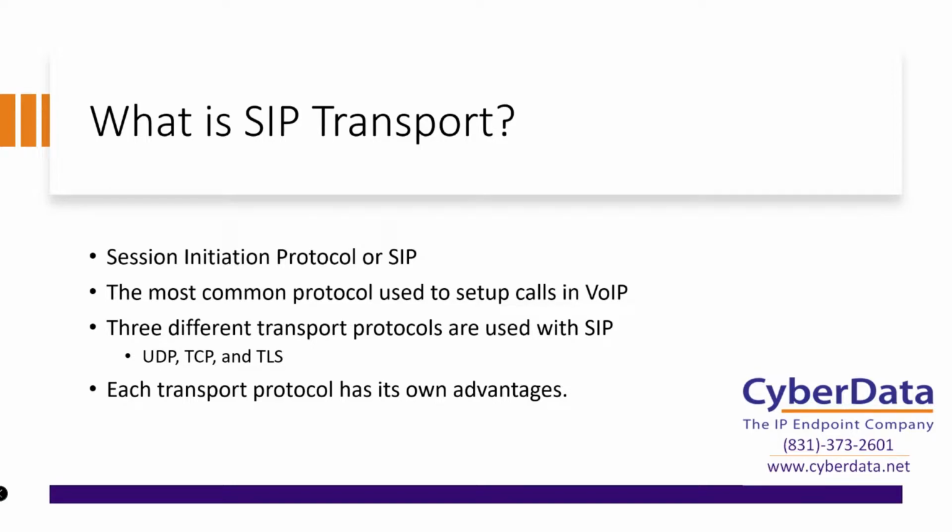Each of these three transport protocols has its own advantages and disadvantages. Really, there are two main protocols, UDP and TCP, where TLS is basically just encrypted TCP, but we'll cover all three potential scenarios because they have different use cases and different applications. So now that we know a little bit more about what SIP is and what we'll be talking about today,